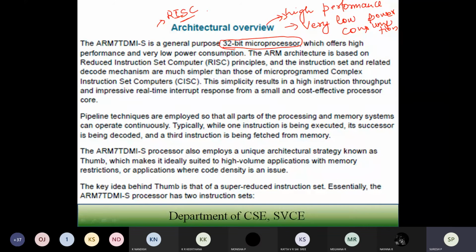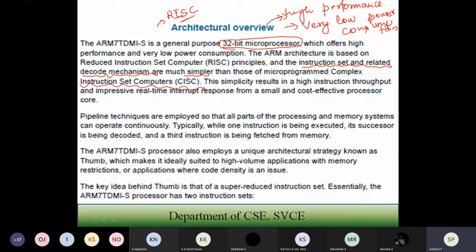So it is based on RISC principles. Here the instruction set and the related decode mechanism are much simpler than the CISC architecture, the complex instruction set computers.